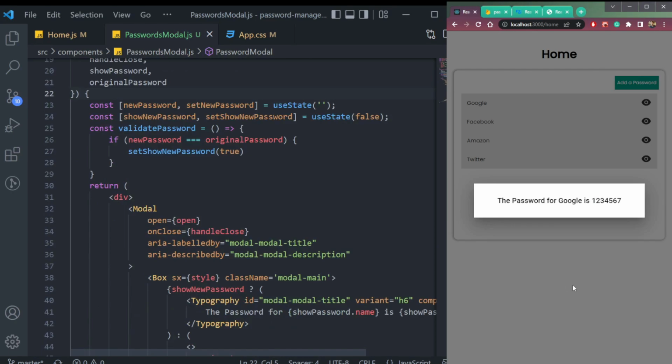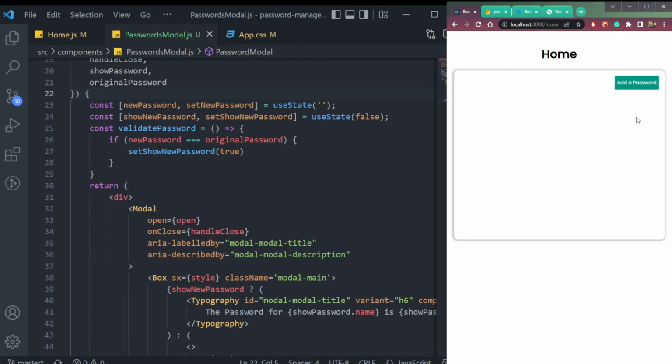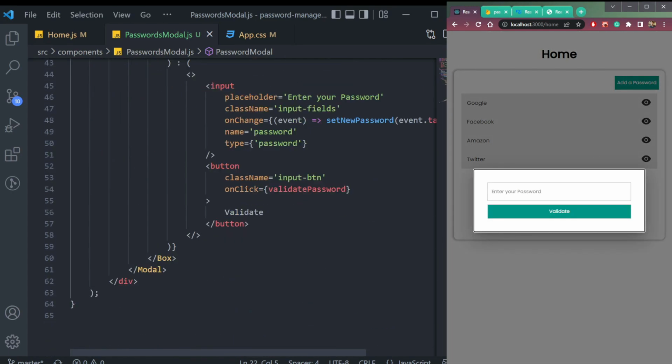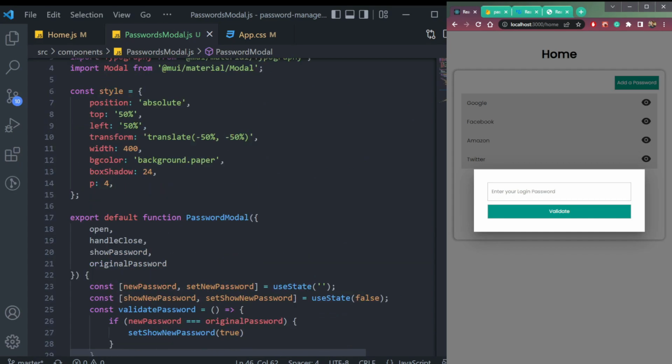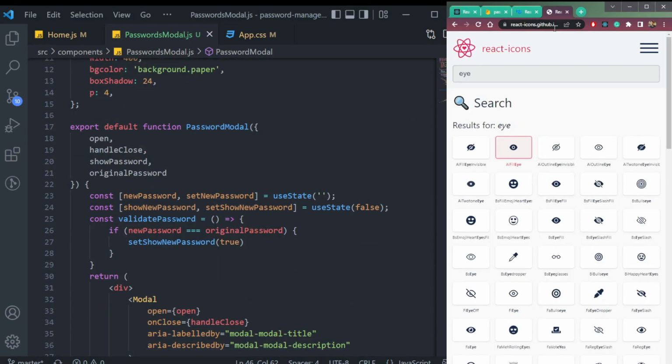See, so let me make this as, wait a second, let me change some text. We will not use enter your password, so enter your login password, then it will validate properly. Fine, it's now working. Now let me install one more dependency or library, which is called React